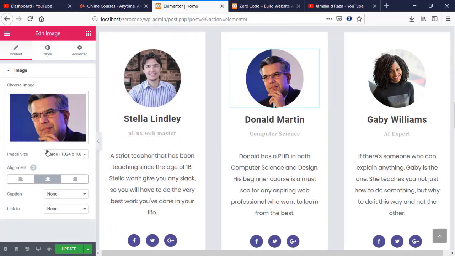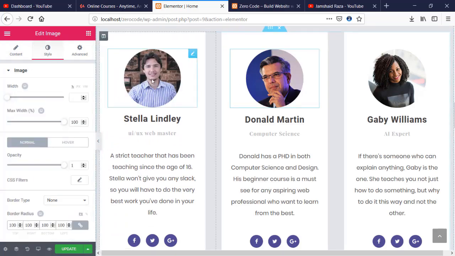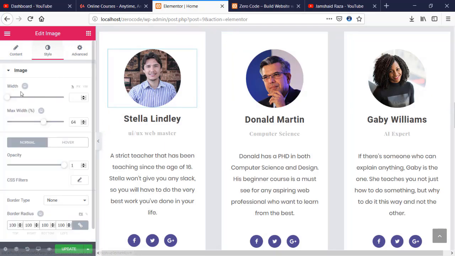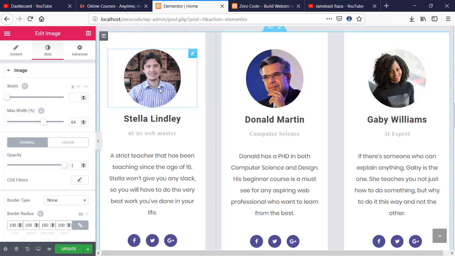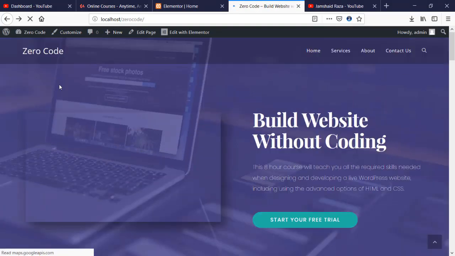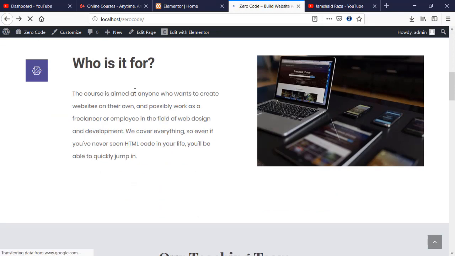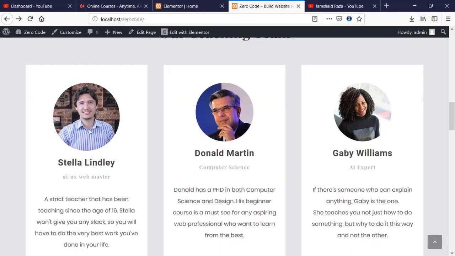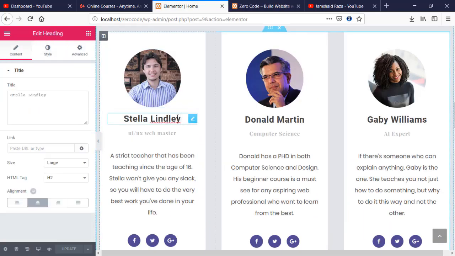How about these styles? Okay, it is smaller, but my image is a bigger size, therefore I have to adjust that manually. And now it is looking completely fine. Update, and we will come here, and as you can see now each and everything is looking good. Who is it for? And you can see now, let me change the name as well,